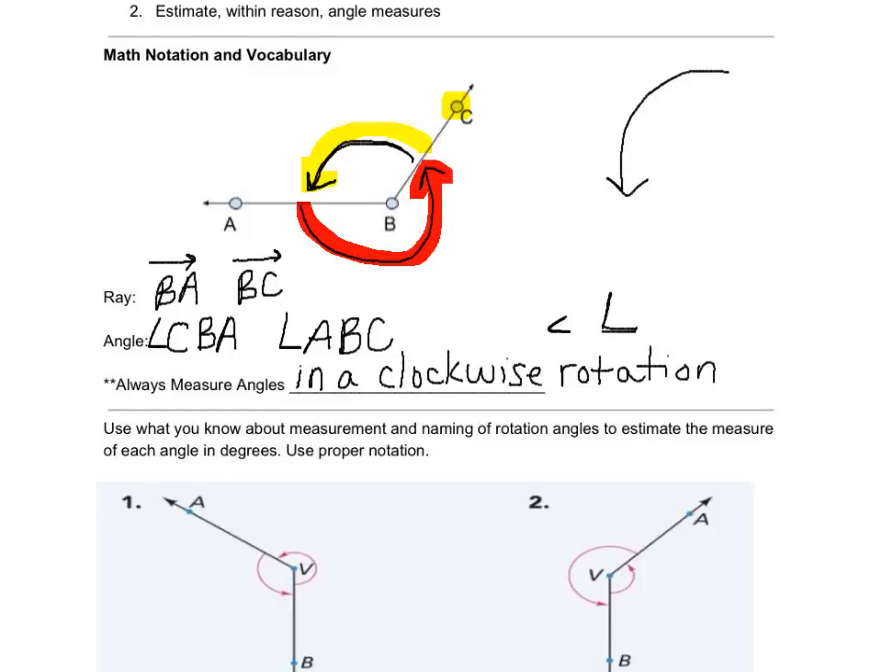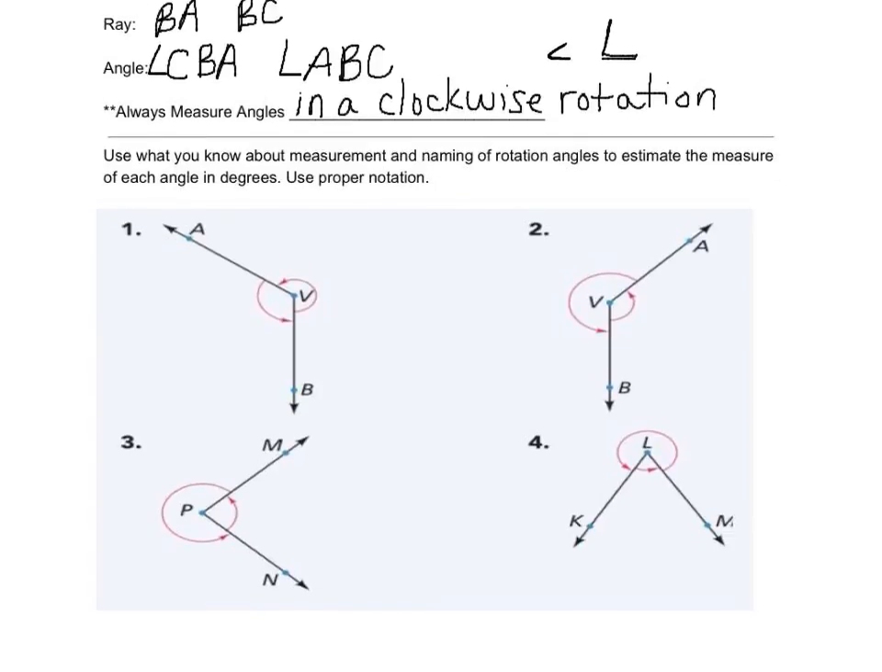So using that, we're going to look at these 4 examples, and you can see that these already have the pink arrows that are showing that clockwise rotation. So here you've got the clockwise rotation, and again that clockwise rotation. So there's going to be 2 angles that we have to list, and we're going to estimate the rotation, and we're going to make sure that we use proper notation. So for the first one,